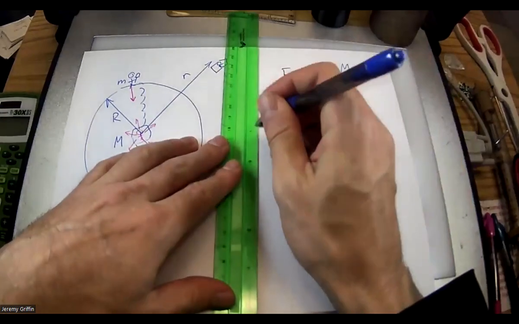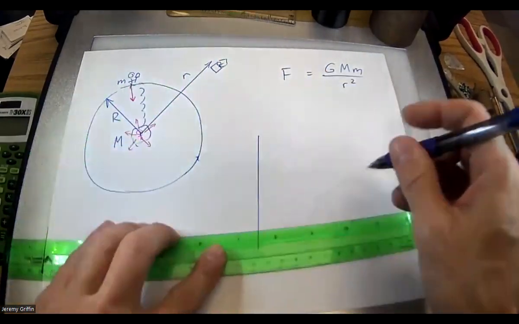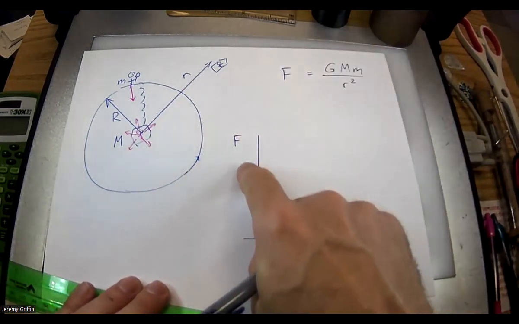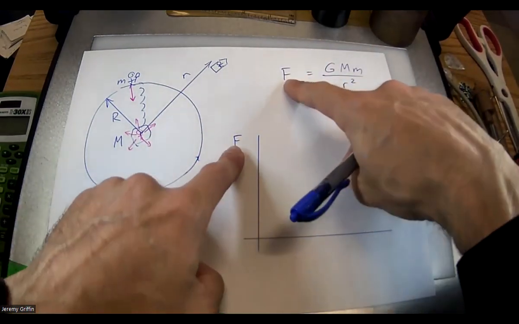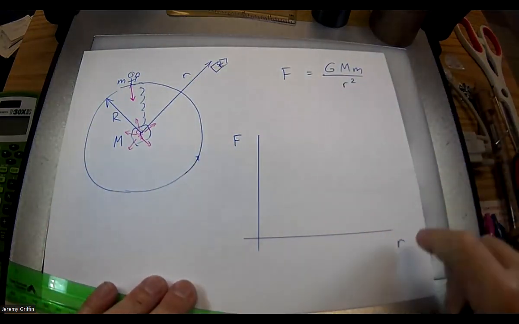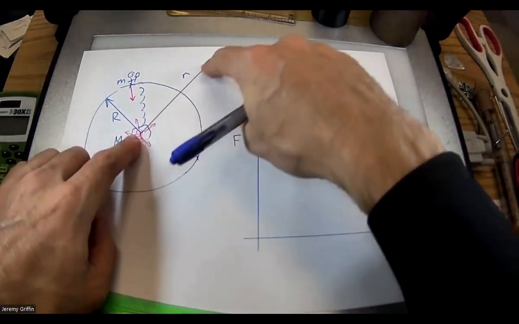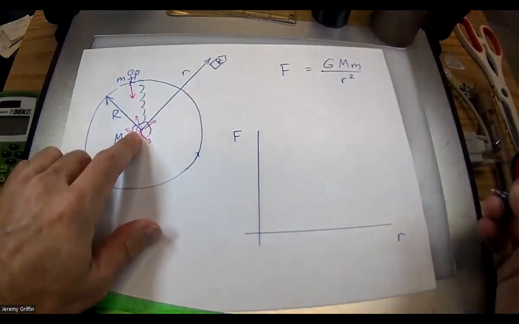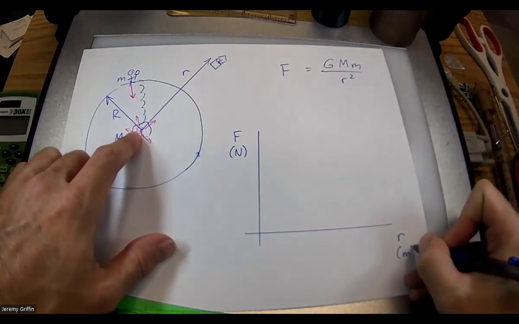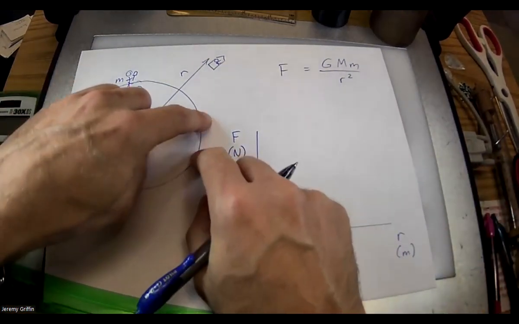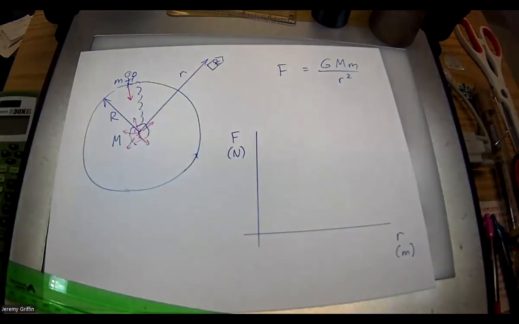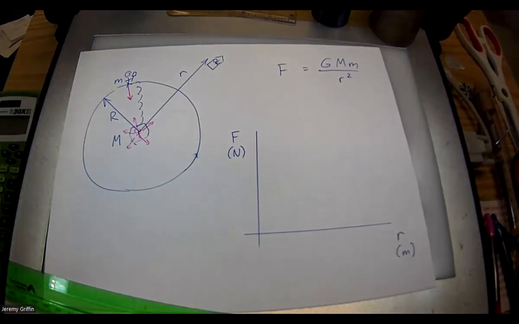Let's put this all together in a graph though. The axis I want on this graph is your weight. Your weight is what this force is. It's your weight as a function of your radial distance from the center of the planet. Your weight can be measured in newtons, your distance from the center in meters. All of us have spent our entire lives right here at the surface, which is this fixed radial distance, capital R, from the center.